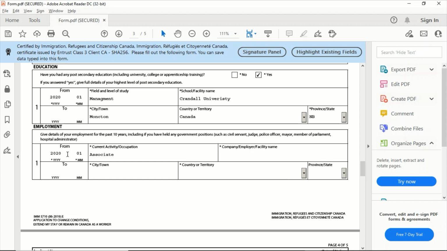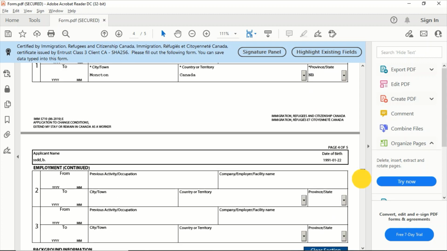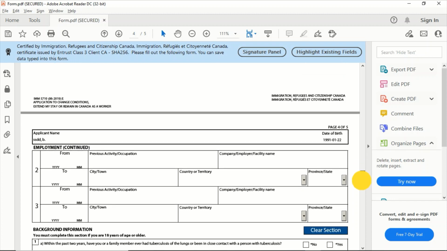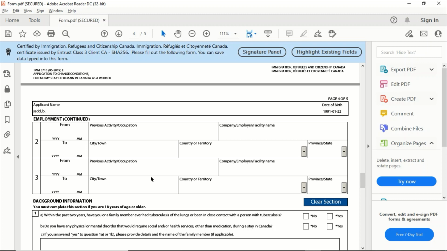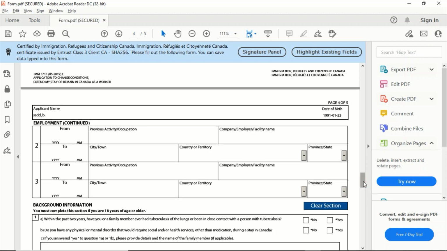You can insert your company name, let's say Toolstar, where you are working, country, and province. And if you have any other employment in the past, you can insert that too, up to 3. You have to insert those entries.